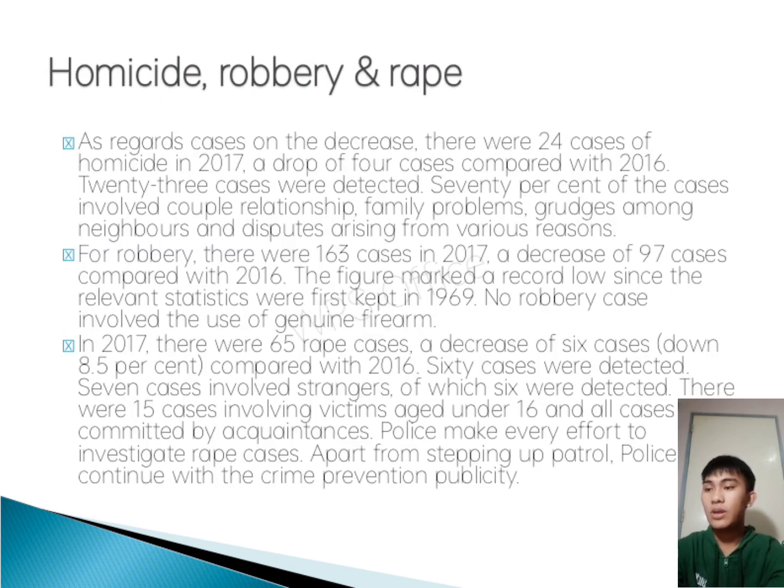Homicide, robbery, and rape. As regards cases on the decrease, there were 24 cases of homicide in 2017, a drop of 4 cases compared with 2016. 23 cases were detected. 70% of the cases involved couple relationships, family problems, grudges among neighbors, and disputes arising from various reasons. For robbery,